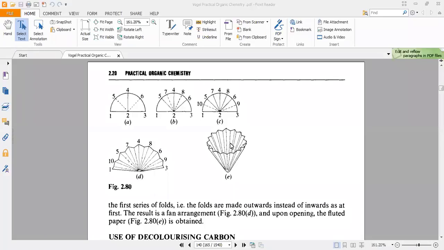And when we look at this from the top, it shall look just like flower petals. With so many folds, when we place this on the funnel, you see there is an air channel. Only the corner edges are connected with the funnel, and at the rest of the points there shall be an air space. So air shall be present here and filtration shall be faster. This is normally the best filtration method.